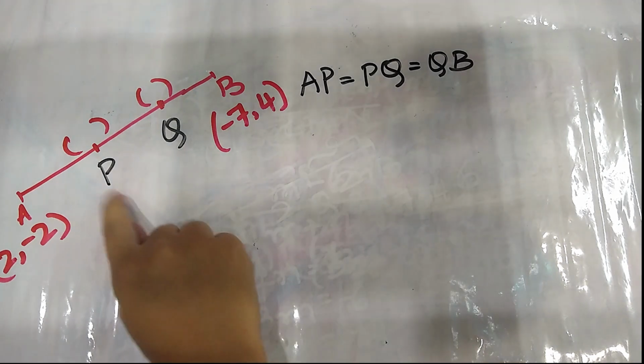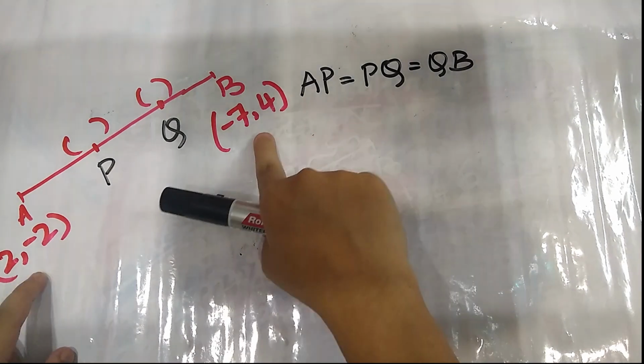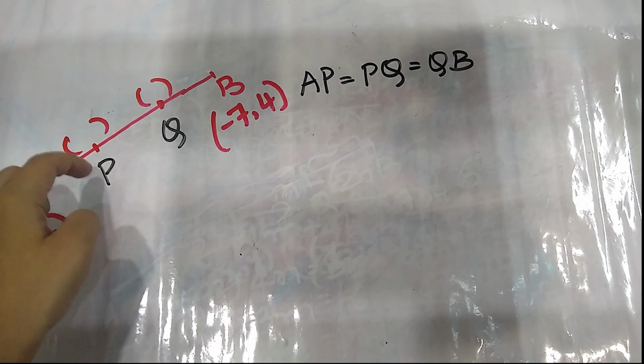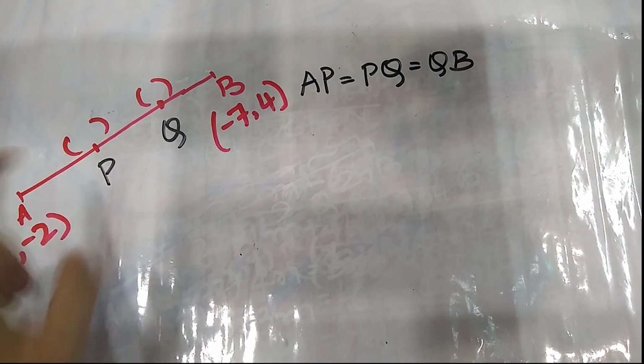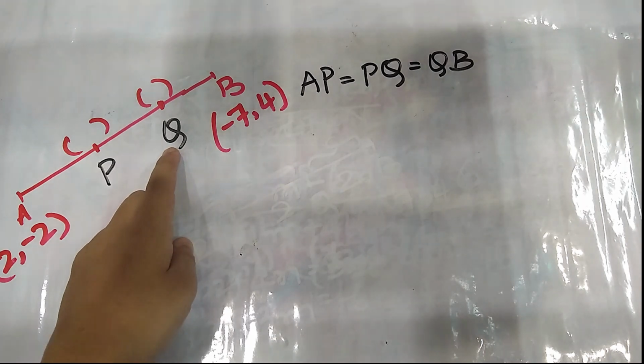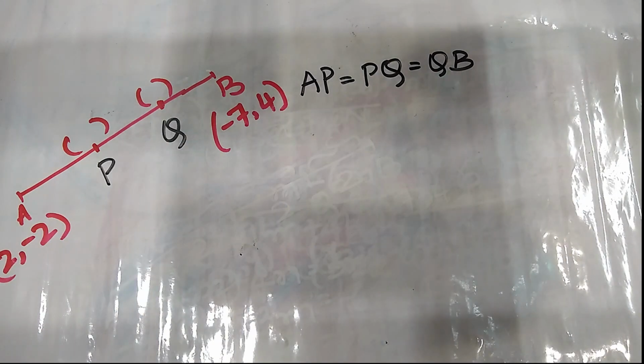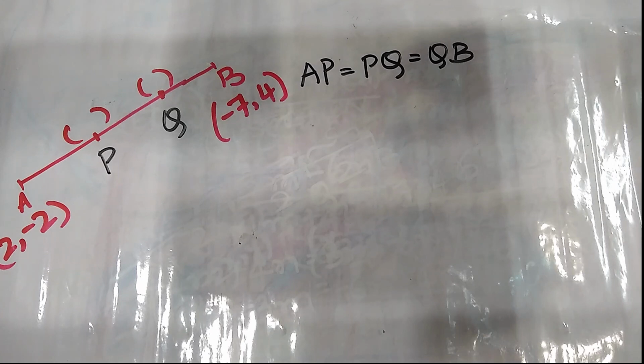So here what we have to do is figure out the coordinates for both these points. Right? Let us start with figuring out the coordinate for P, because we know in the section formula we can only use 2 coordinates with 1 point in between first, right? We can figure out the coordinates for Q as well, but then we have to apply the formula again differently for Q. Let us first find out for P.